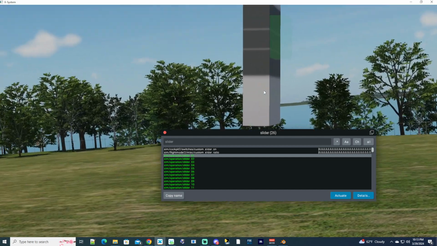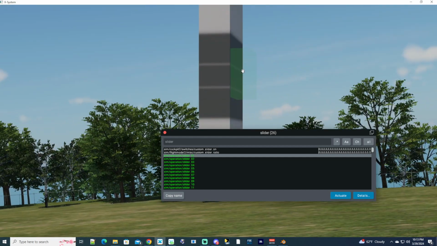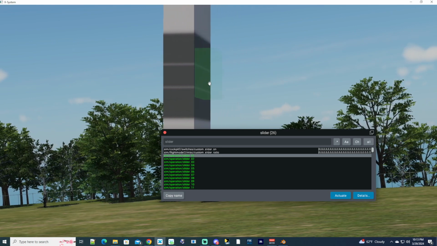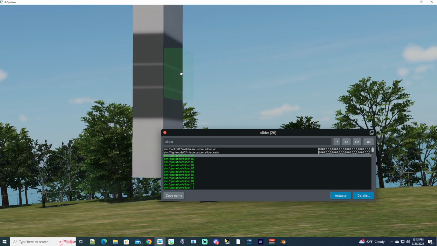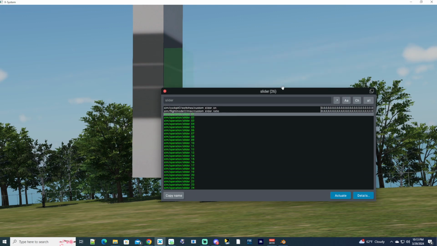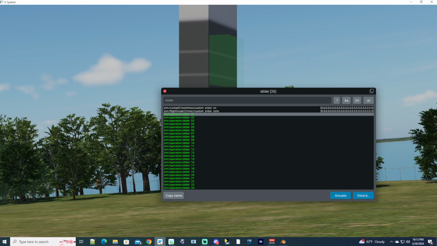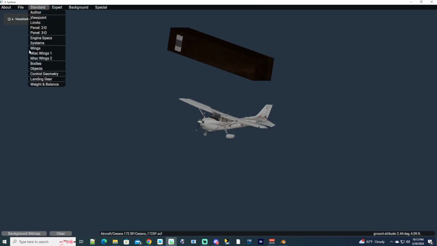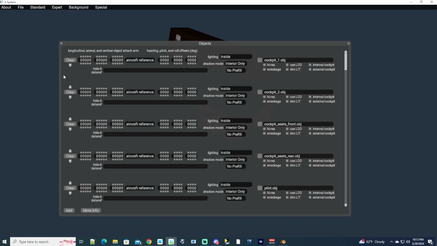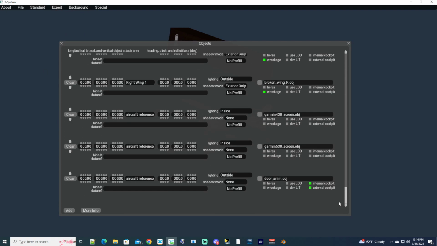There it is. Except I'm clicking on it and it's not making it happen. Let's do this. Let's go back here. This is uncharted territory here for me. Let's go to objects. I'm going to make that an internal object only. File, save. This is how I would normally set these things up